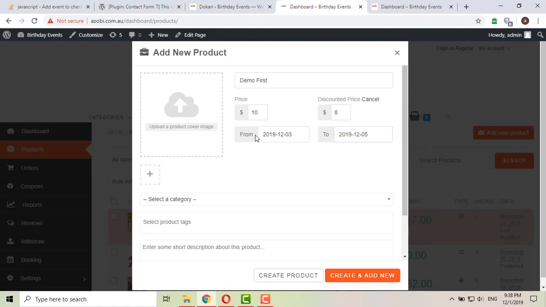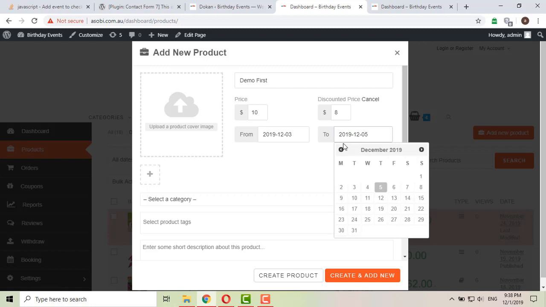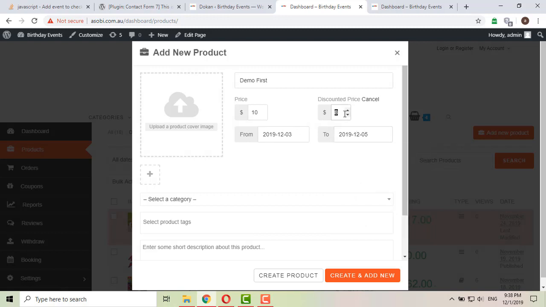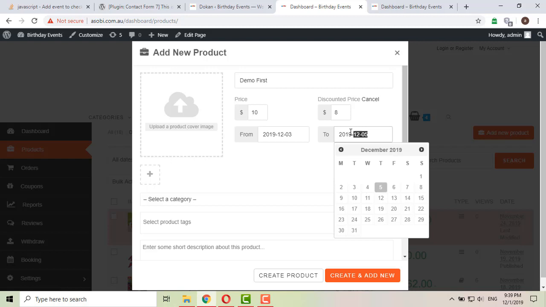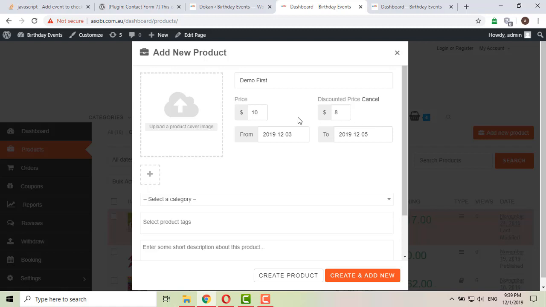So from the 3rd to the 5th, this product will be on discount or on sale, and its price will be $8. And when this date is over, that is, on the 6th of December, the product will automatically convert to $10. So this is how the discount price works.